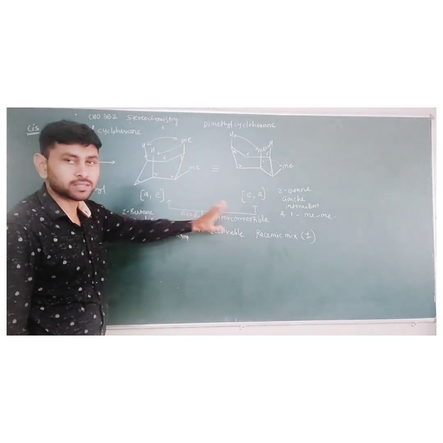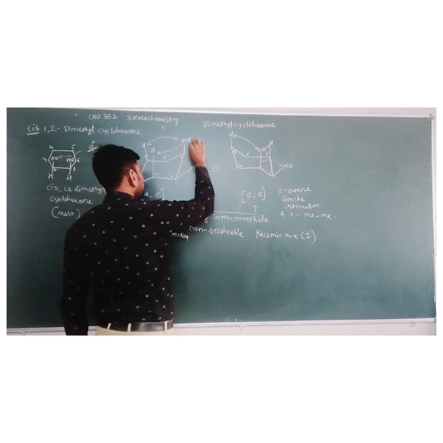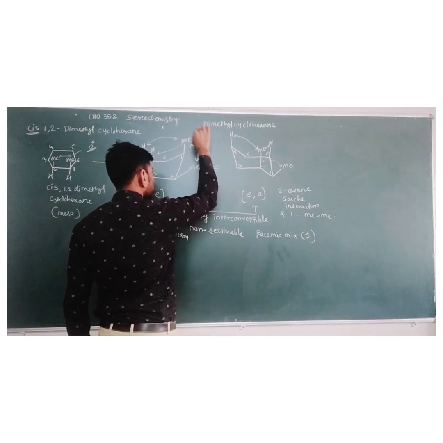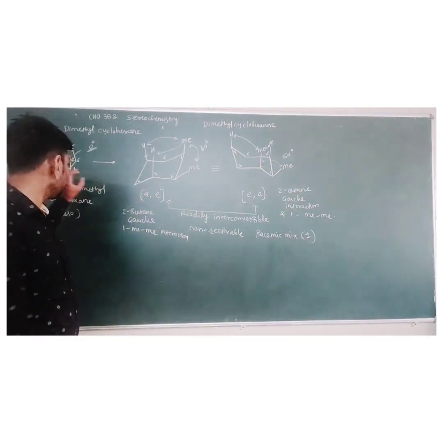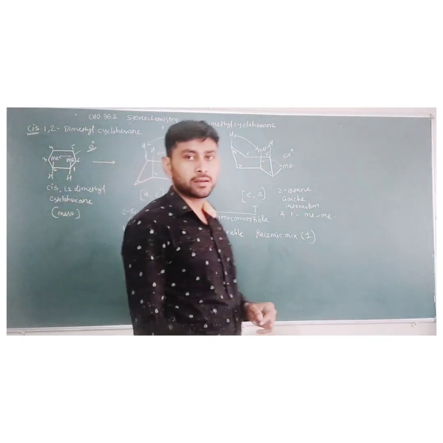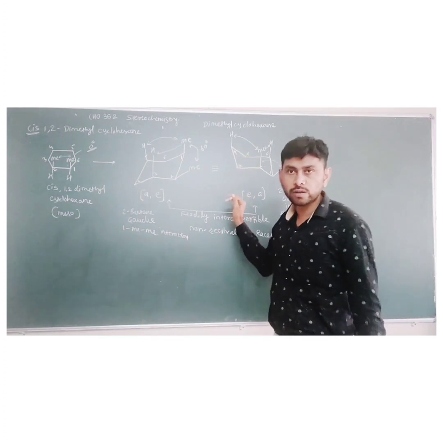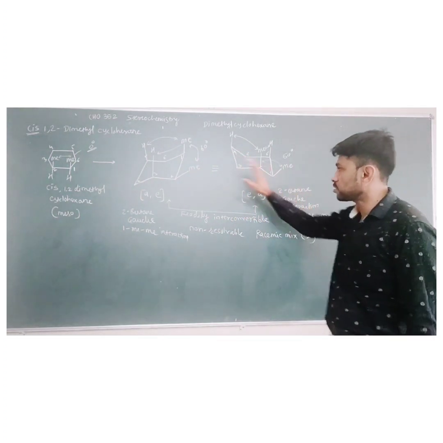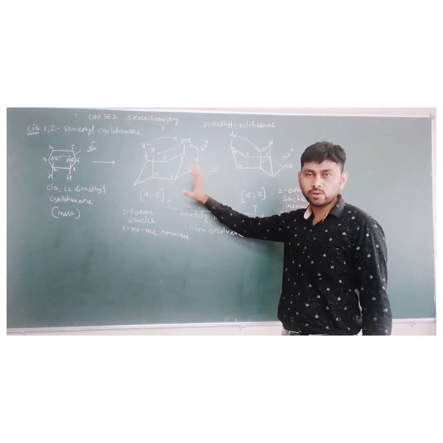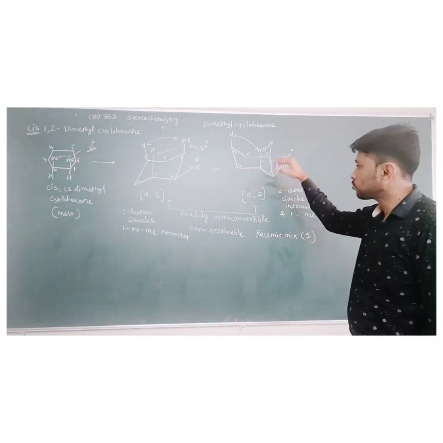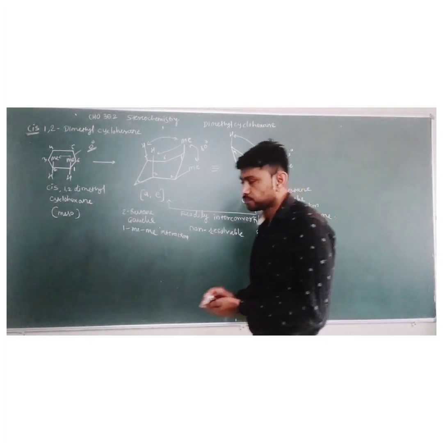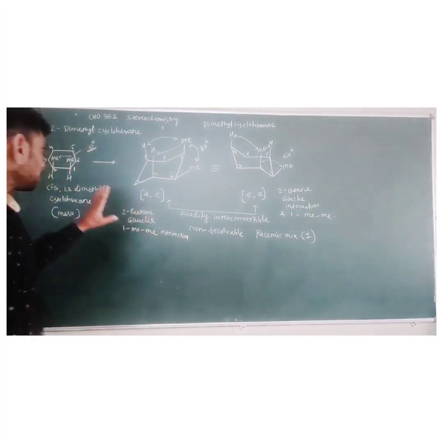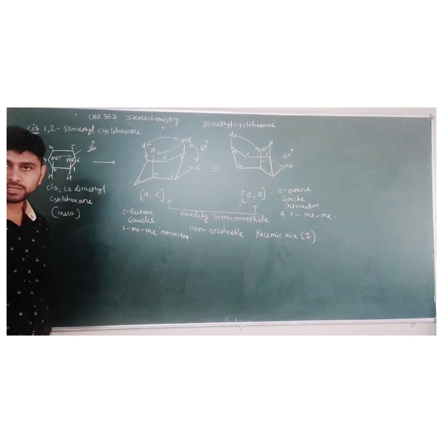But here we obtain a racemic mixture because the angle between these two methyl groups is 60 degrees. So in the planar structure it looks like a meso, but in actual it is a racemic mixture, and the racemic mixture is due to these chair forms. So it is one of the evidences for the presence of cyclohexane in chair conformation. Okay, so this is about cis 1,2-dimethyl cyclohexane.